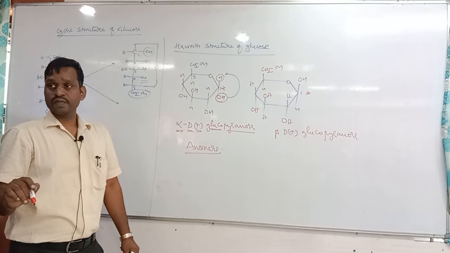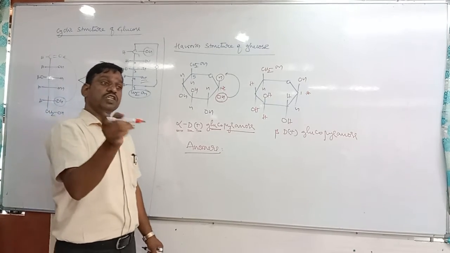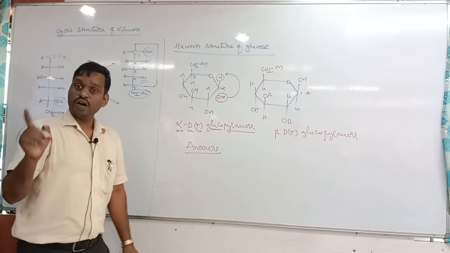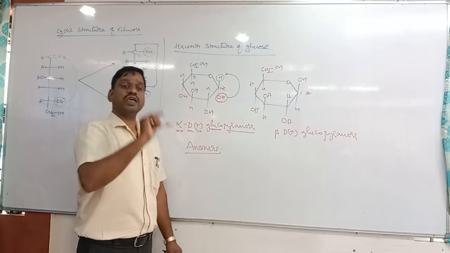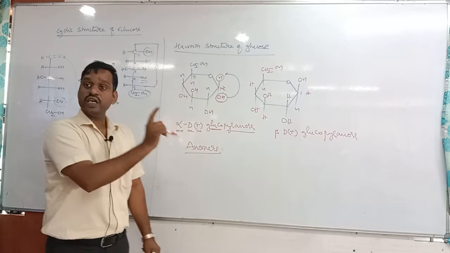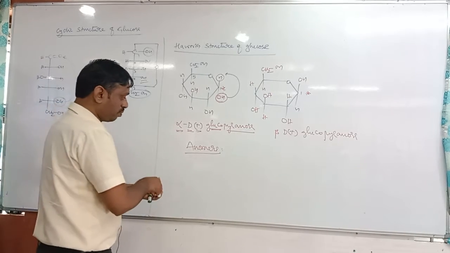Epimers are different. So what are epimers? An epimer is a pair of isomers which differ in the configuration of what? Configuration of one asymmetric carbon other than the anomeric carbon. There you are, written other than anomeric carbon. So here they differ in the anomeric carbon. So the definition is important.